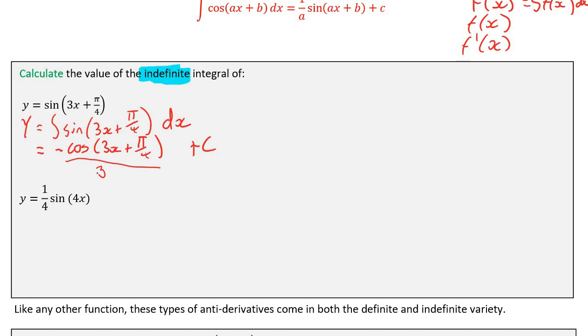Okay. Let's do this next one, guys. So, the integral will be the integral of sine of 1/4